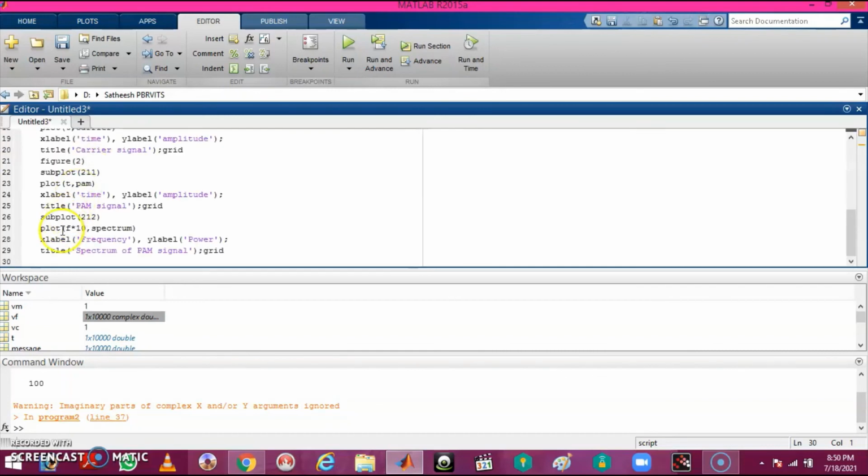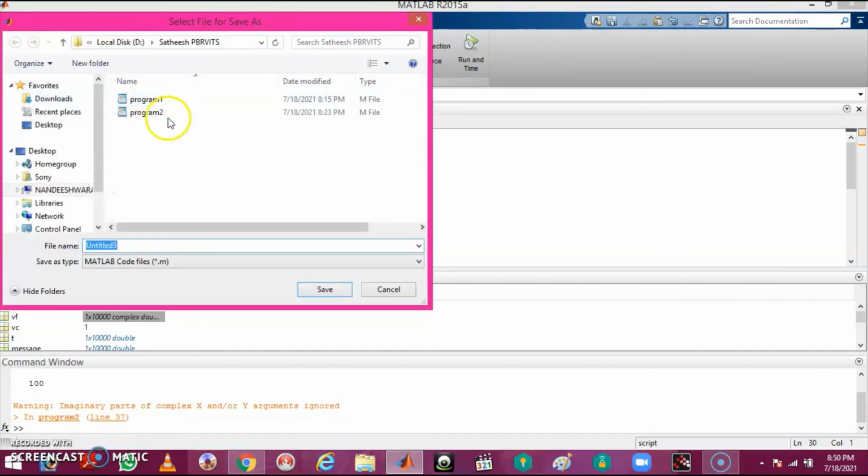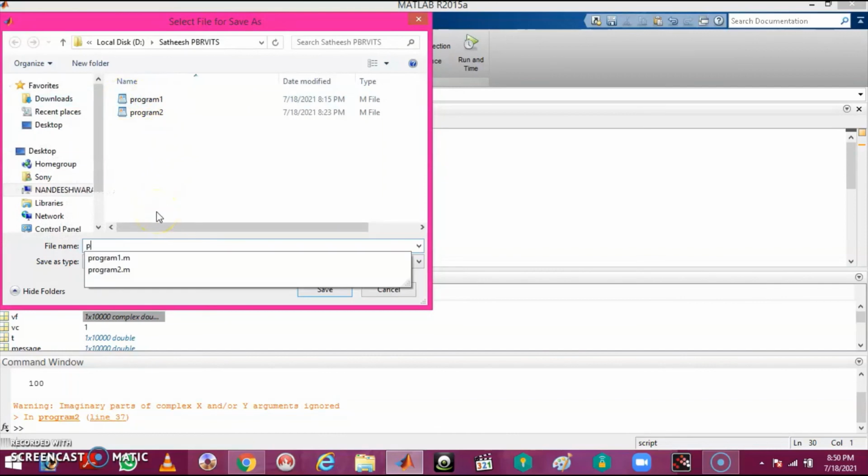We have typed the program for pulse amplitude modulation. In pulse amplitude modulation, the carrier is a pulse and the modulating signal is an analog signal. So now we are going to save the program. This is the third program, so we are giving the program name as program 3, saving in the same folder.